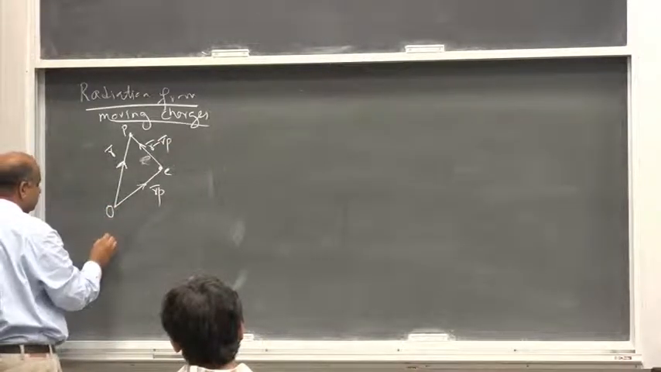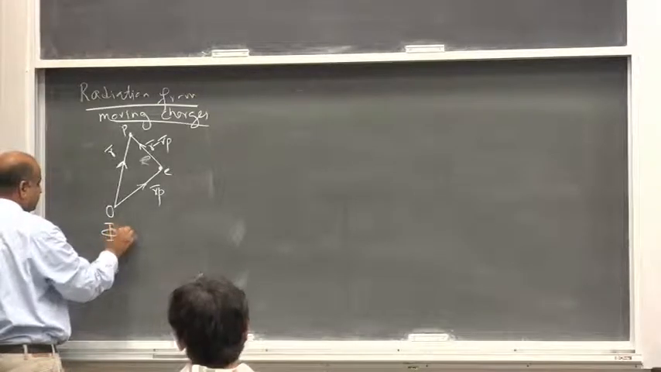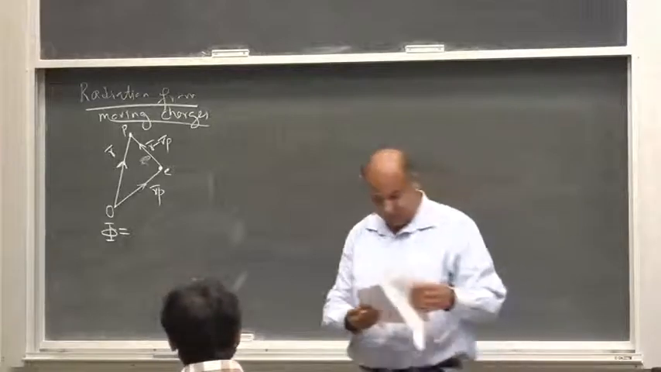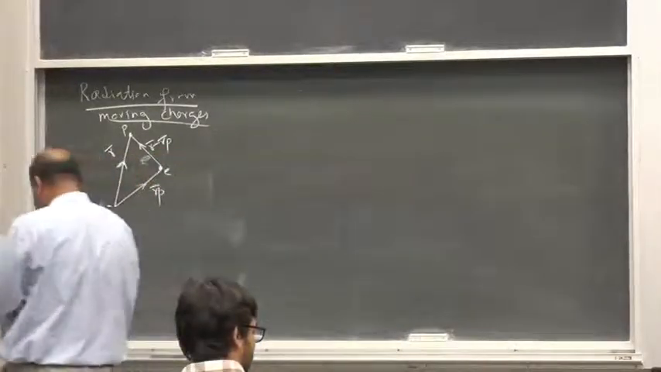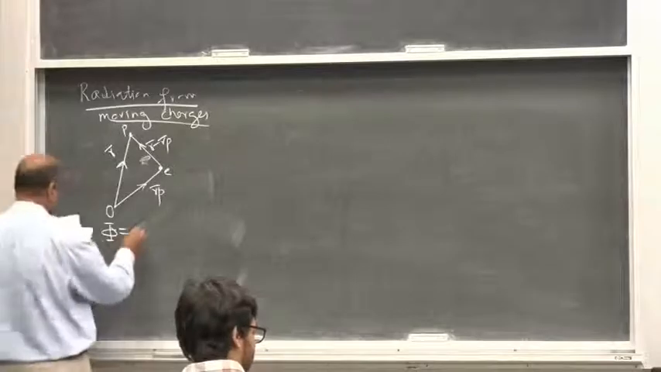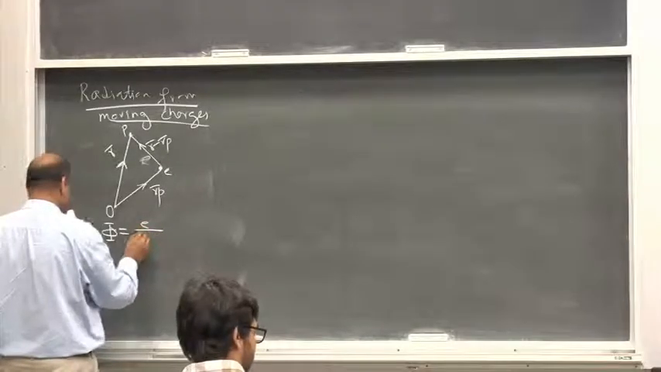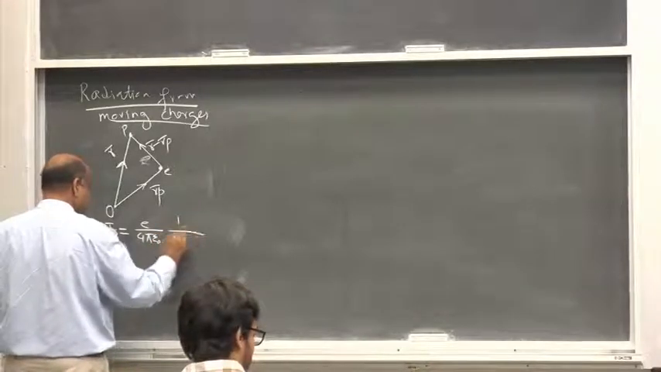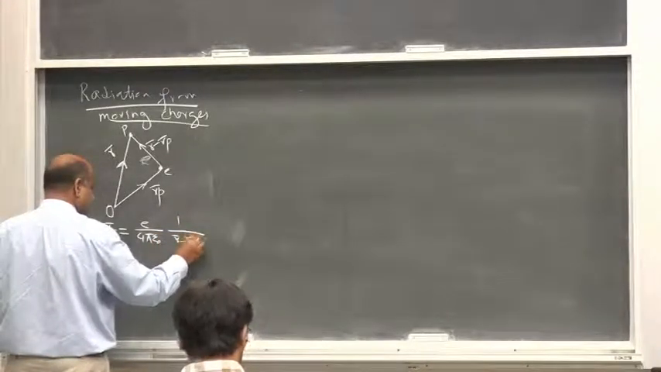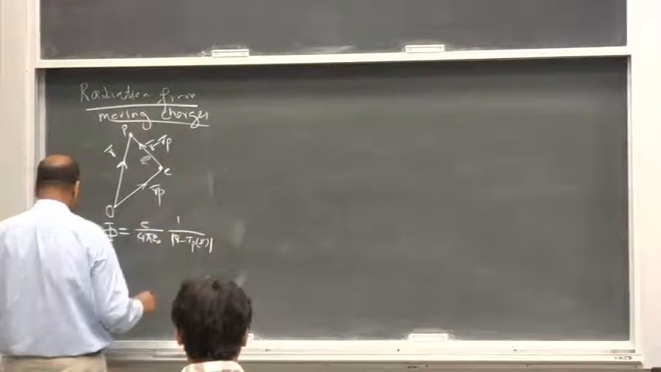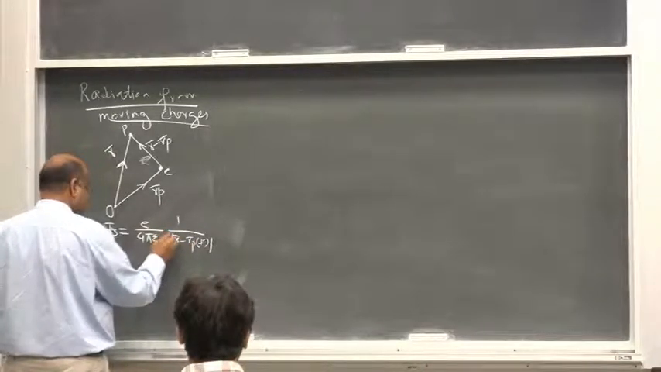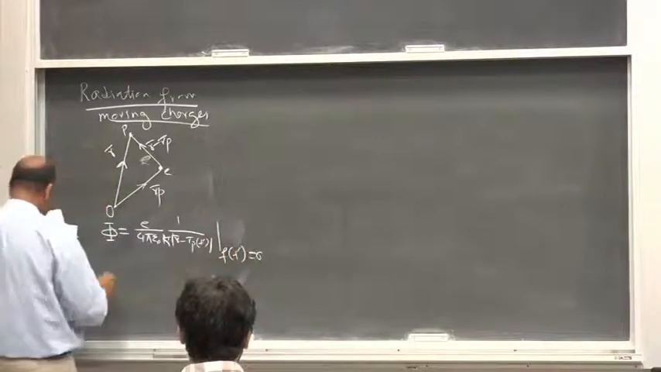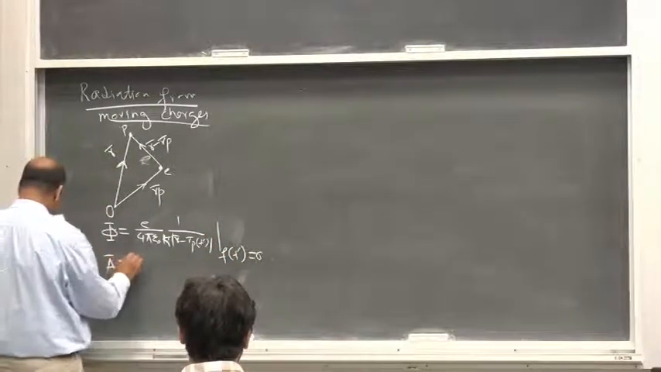Then the scalar potential is called Richard potentials. Top one. And the vector potential is